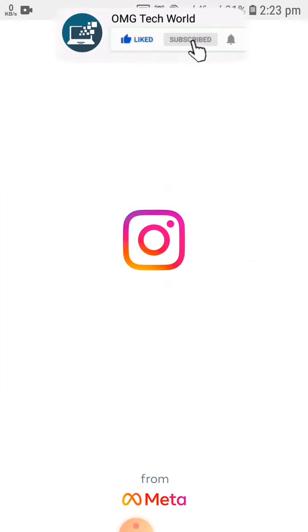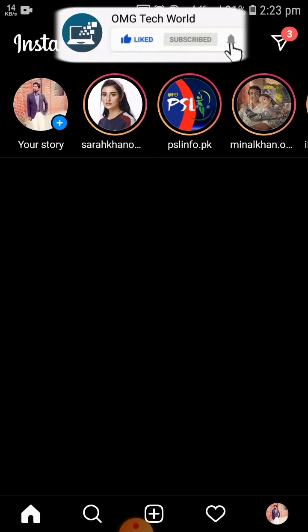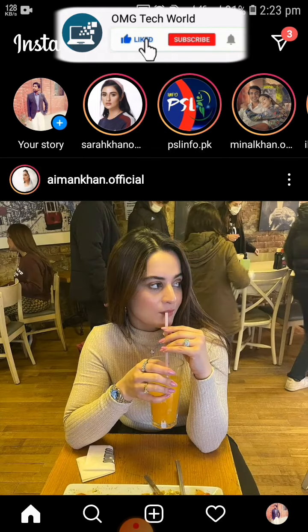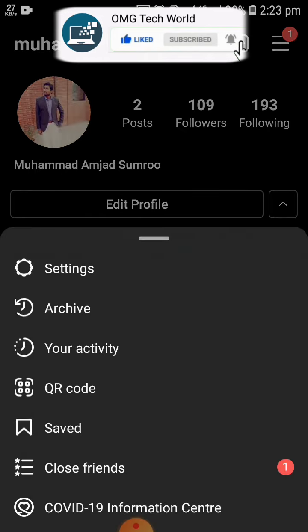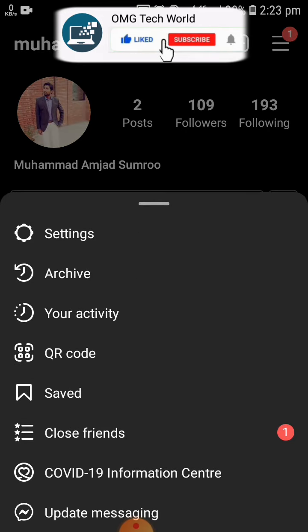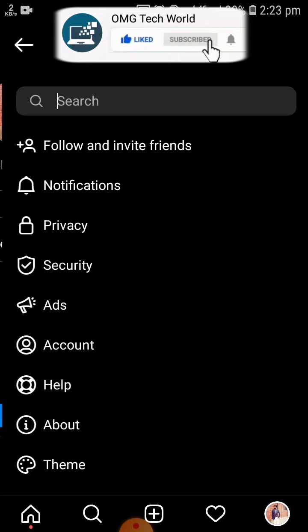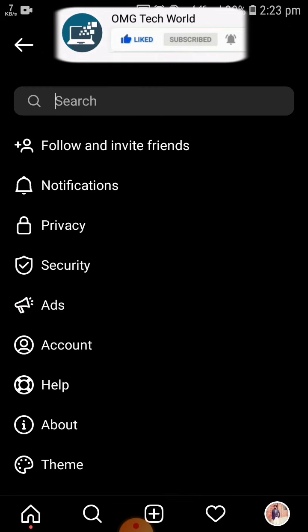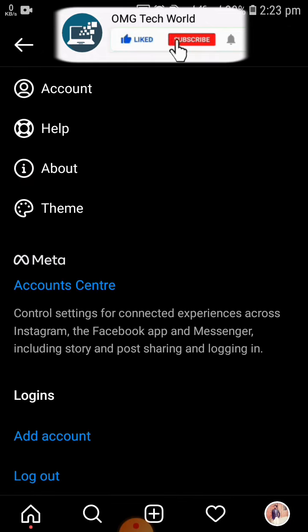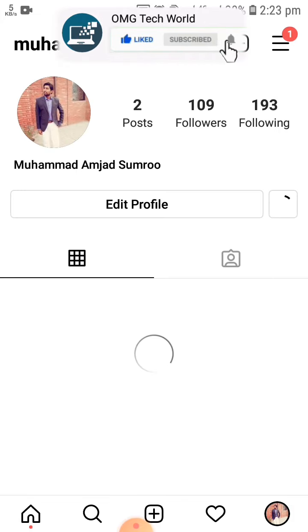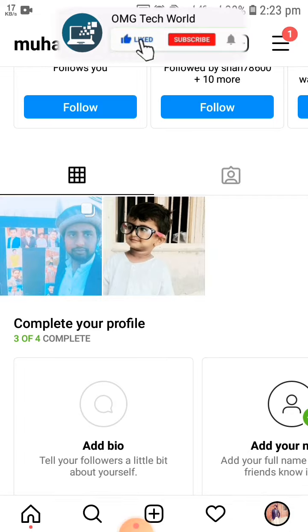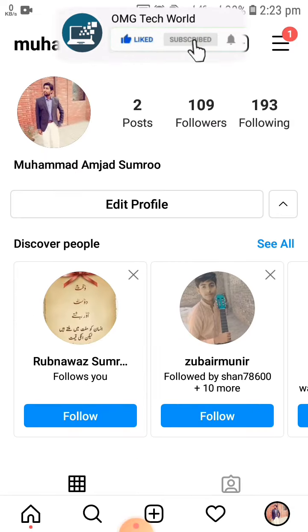Then if you want to apply the same dark mode in your Instagram, you have to follow these steps. You have to click on three lines. After that you have to click on settings. After that you have to scroll down and click on themes. After that you have to click on light. If you click on light mode, then normal mode will be activated and night mode or dark mode will be